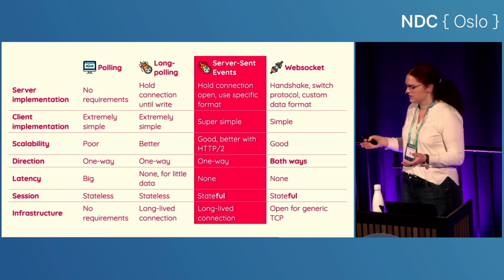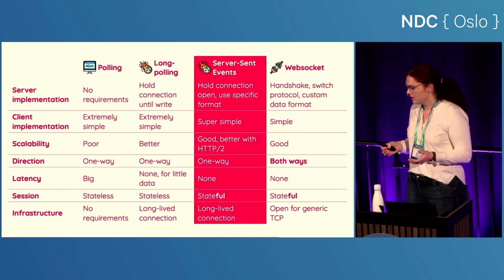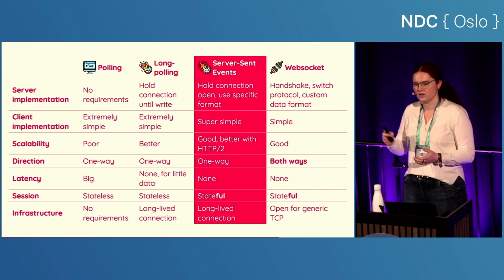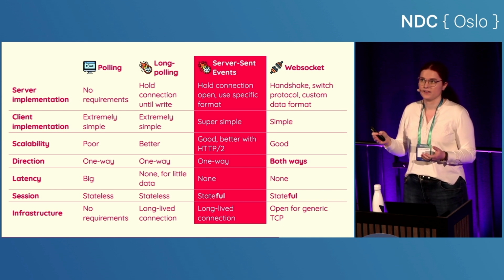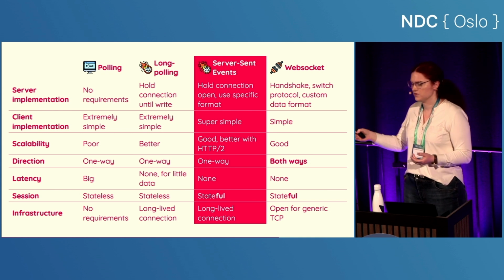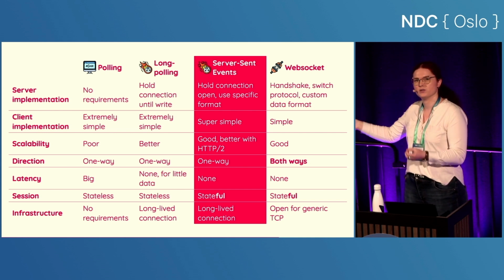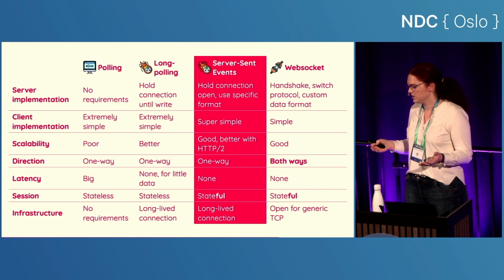But all of those were fixed in HTTP 2, and that kind of means that the overhead of doing it this way, and overcoming the fact that you could only send data from the server to the client by doing requests in the background, normal HTTP requests,